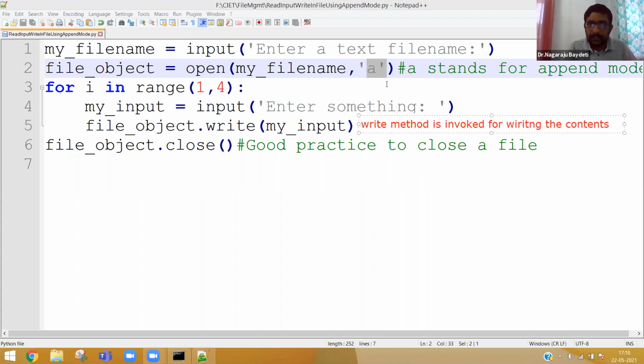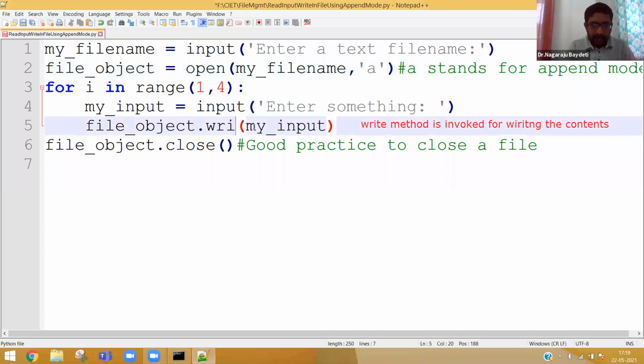Because there is a W for write mode, there is nothing like dot append. There is no append method. Write is a method; it can be used either for write purpose or append purpose. Write is a method which writes something in a file. I believe you guys are understanding.